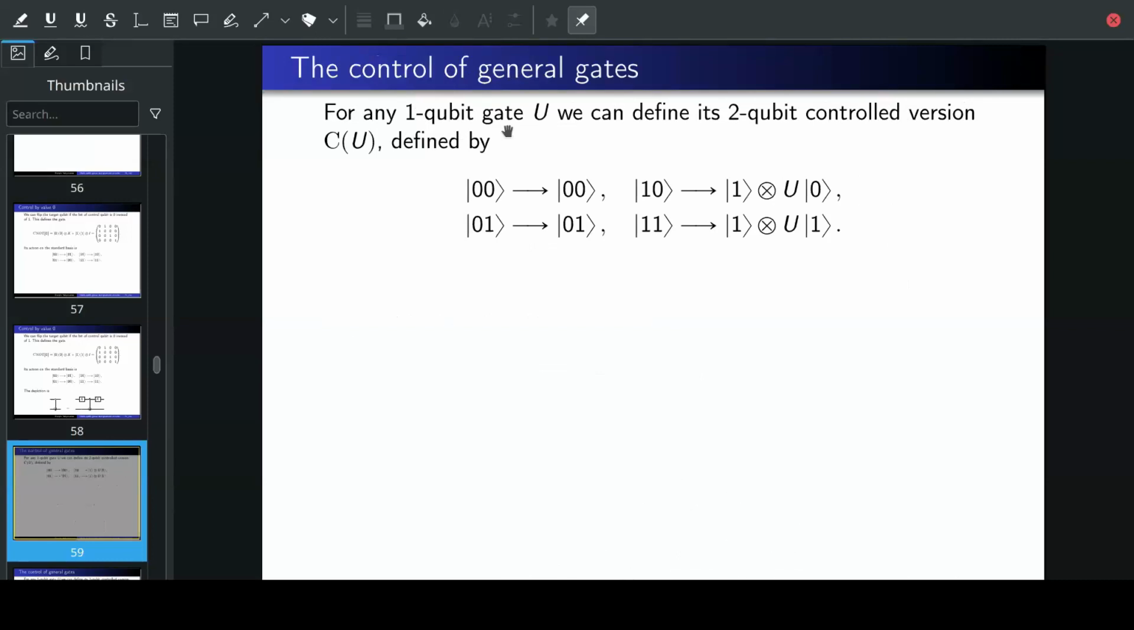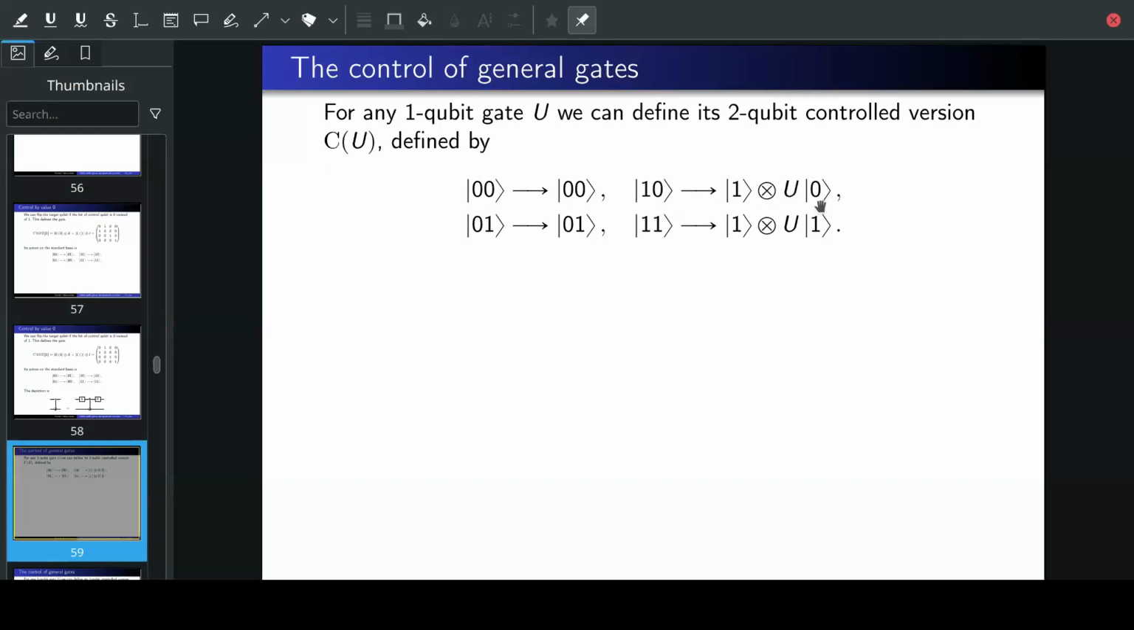If we have some general one-qubit gate U, some unitary matrix of size 2 by 2, then we can define its controlled version that acts on 2 qubits. It's controlled U, and it can be defined by the following rules. If the first bit is 0, then nothing happens. But if the first bit is 1, then we apply the U action on the value of the second